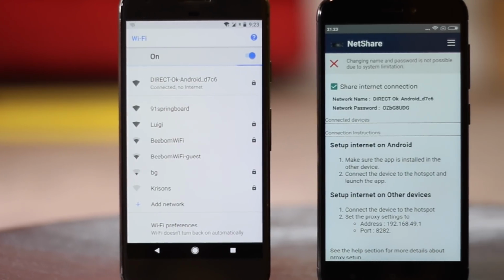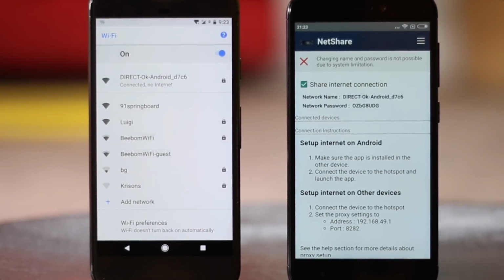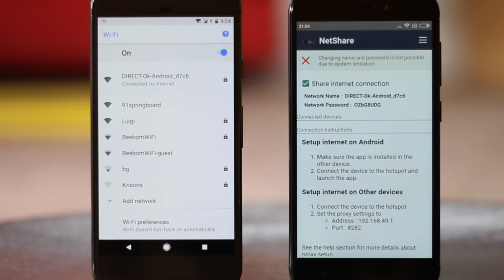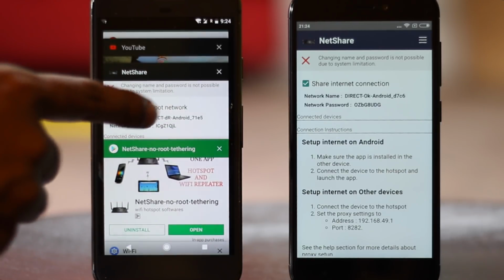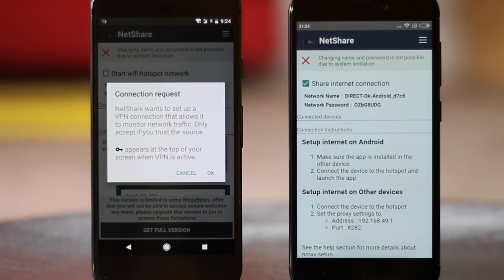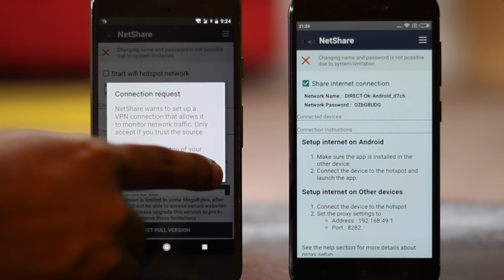Pretty cool, right? Now let's try to connect it with another Android device. So bring in your other Android smartphone and install the same application on it. Now connect to the Wi-Fi network created by the first device, and there you go. If you check, the new Android device will have internet access as well. This time you don't even have to configure any proxy IPs.